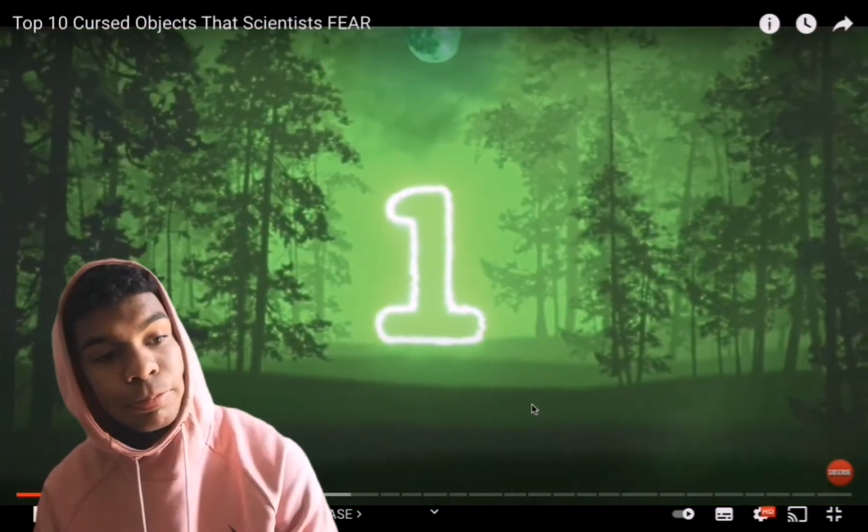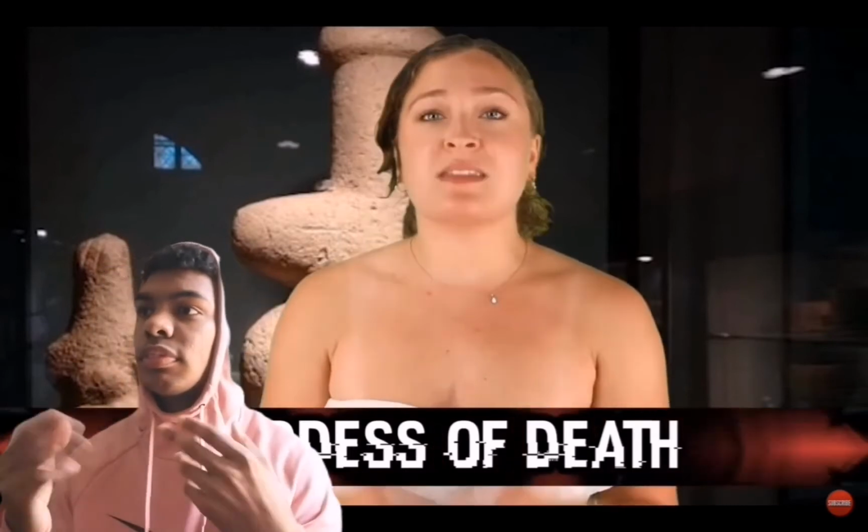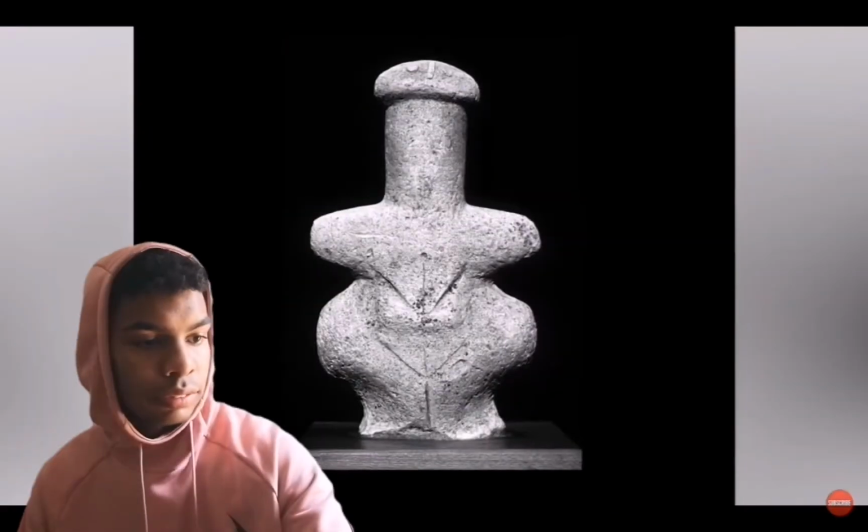In our number 1 spot today, we have the Goddess of Death. This statue is sometimes also known as the Woman from Lem. This artifact, made out of limestone, was created...